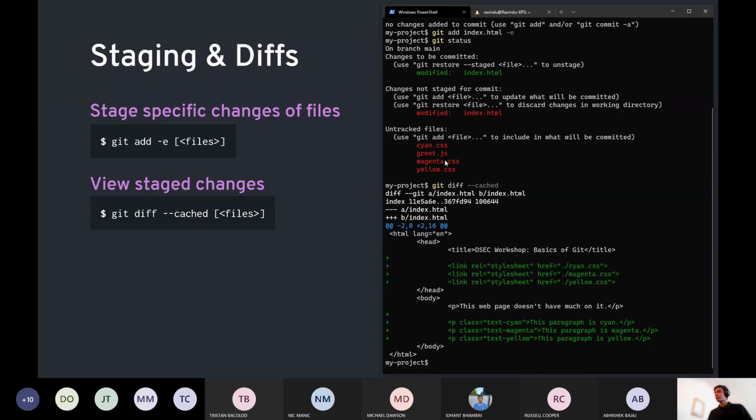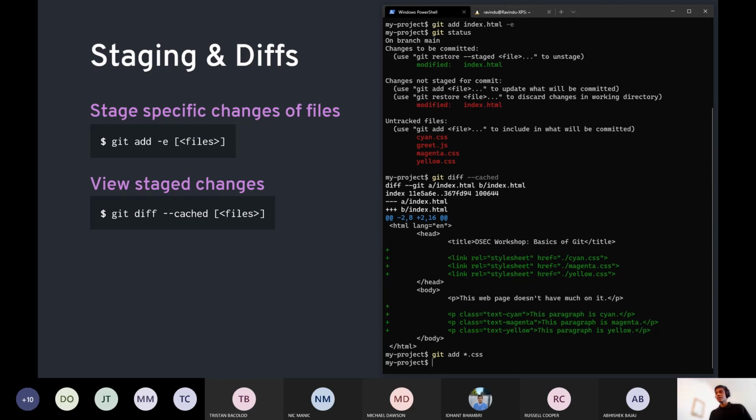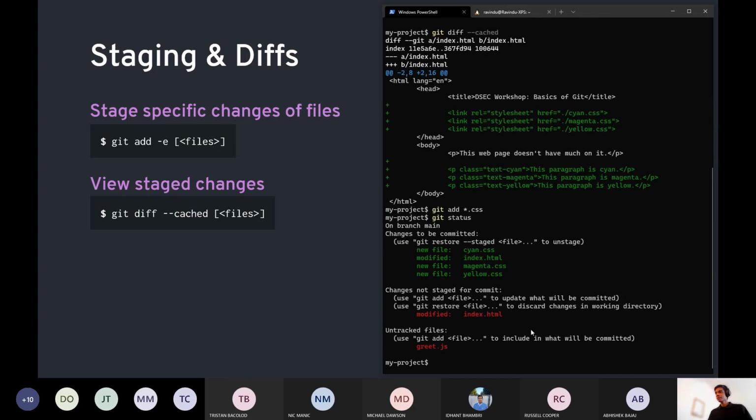So along with this change, I'd want to also commit the CSS files. And again, I could do git add, and I could specify cyan.css, magenta.css, and yellow.css as well, because it takes multiple files. But in this case, I could also specify everything.css. And if I do git status, you'll notice that in the changes to be committed, there's our modification from before, and the cyan.css, magenta, and yellow.css files as well.